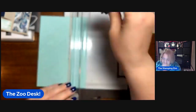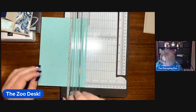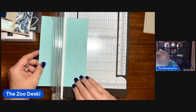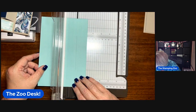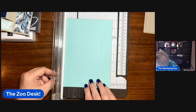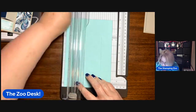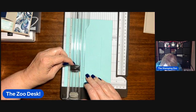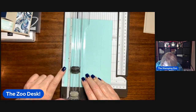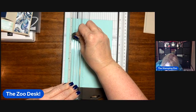That's what it's there for. Okay, so I just cut one of the lines. Okay, and now I need another one at 4 1/4. Okay, so again, I bring this down to 2, right there. And I go right up to 6. And then